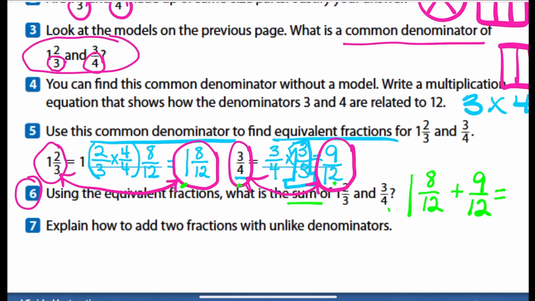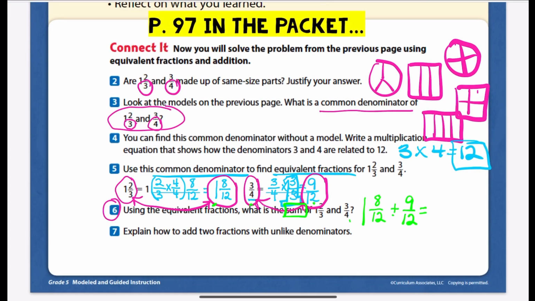So what is the sum? That means we're adding. And so again, here we go. We're just adding it together. We have 1 here, 8 plus 9, 17, 12. We keep our denominators the same. When our numerator is larger than our denominator, we just ask ourselves, how many times can the denominator go into the numerator? And we know that 12 can go into 17 one time. There will be 5 left over